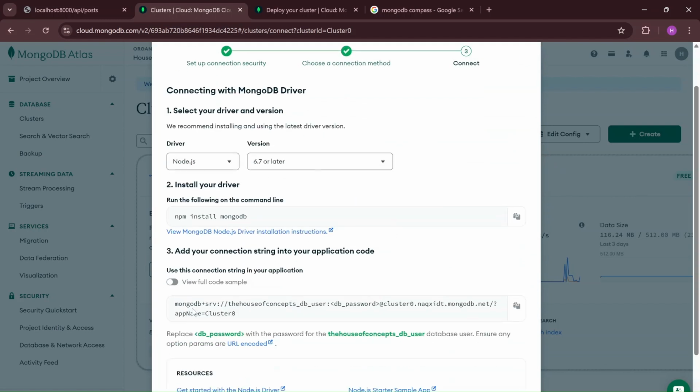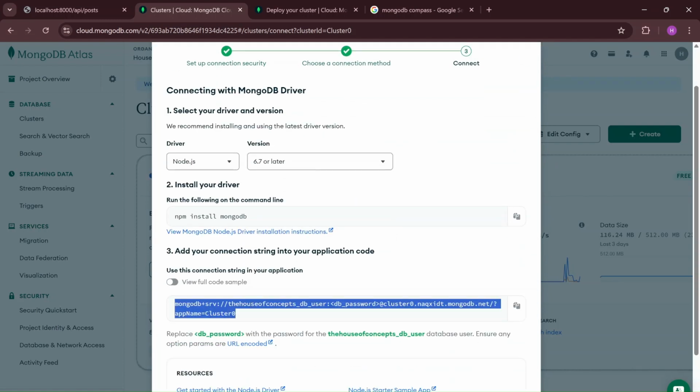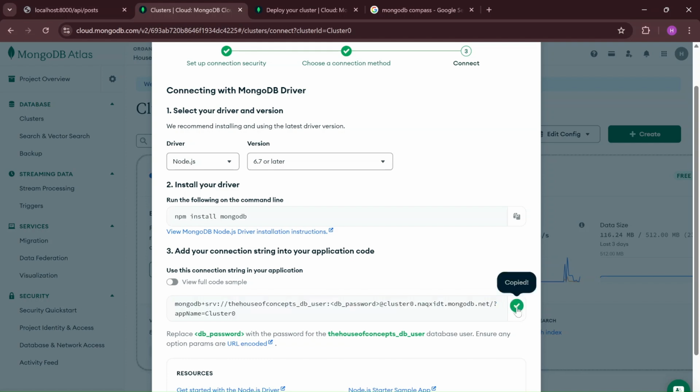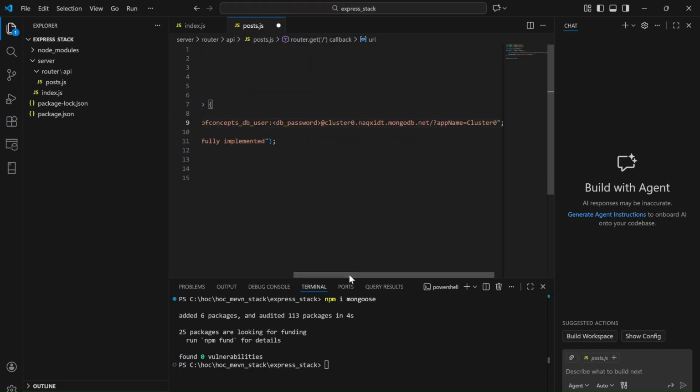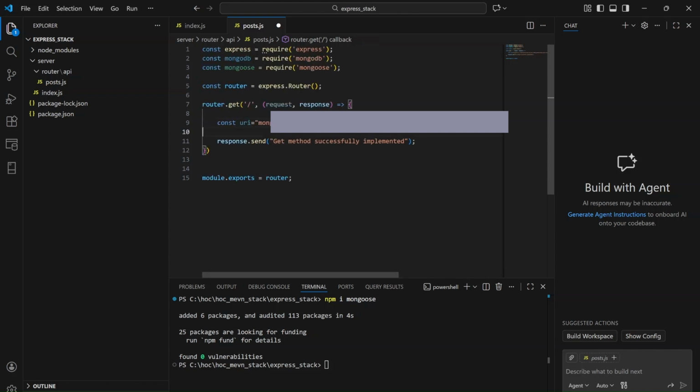We are selecting this and I can simply copy from here, add it in the URI. I'll just mention the password. I have it copied, so let me just paste it. Once this is done,